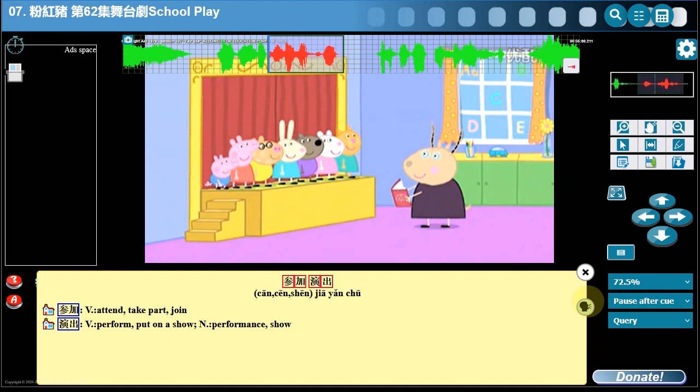But mainly this is to study deeper and this is to learn how to write. But my point here is you have your computer voice, which is somewhat clearer than the one spoken in the video. 参加演出